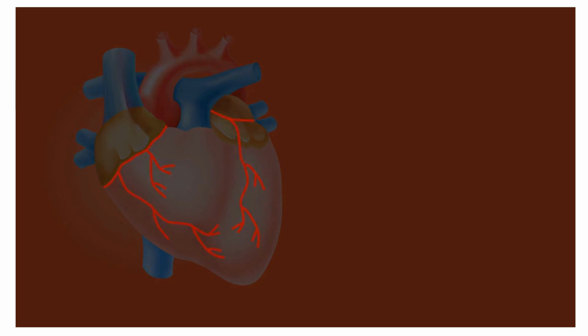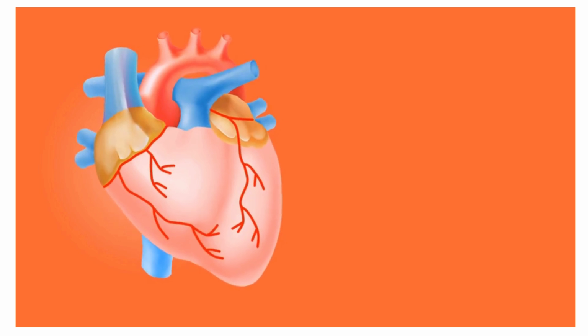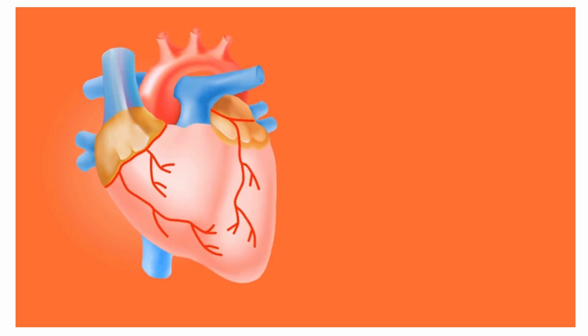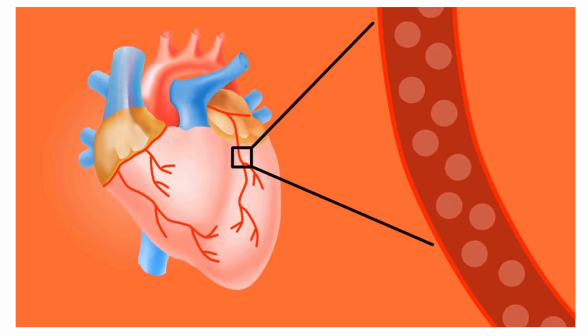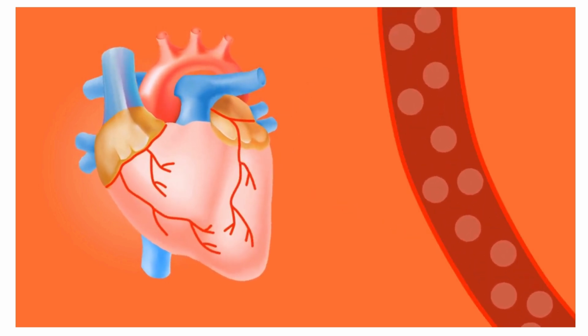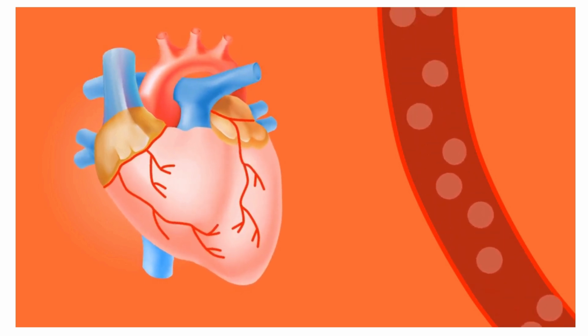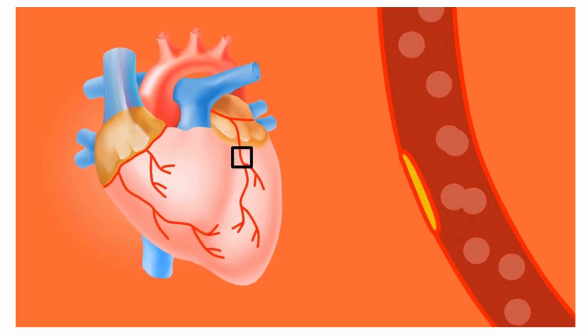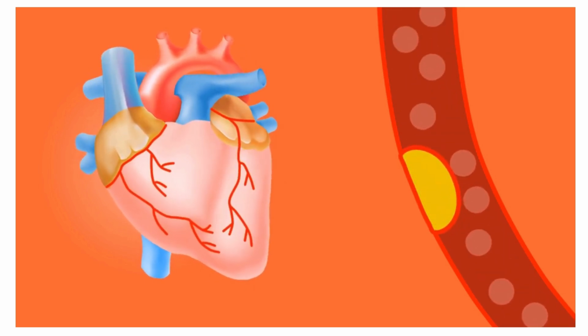Heart is a muscular organ. It is supplied by blood vessels called coronary arteries. Coronary arteries supply blood that is rich in oxygen and nutrients directly to the heart muscle. In this way, our heart gets energy for all of its activities. In case of coronary heart disease, coronary arteries are unable to supply adequate amount of blood containing oxygen and nutrients to the heart.